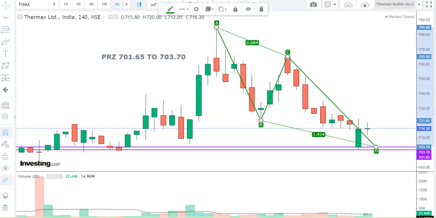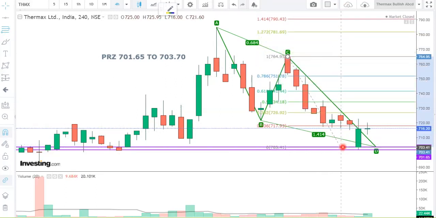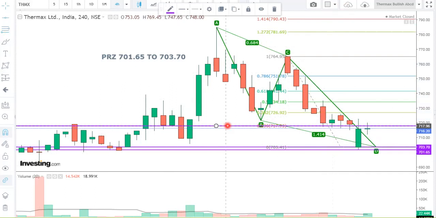Now our next step is to find the target and stop losses. Guys, to find out the target, you need to draw FIBO from C to D. Okay. You draw this FIBO from C to D, and these FIBO lines are your targets. Place some horizontal lines here. 0.236 is not considered as a FIBO ratio to take trade, but if you are a conservative trader, you should book your profits here.